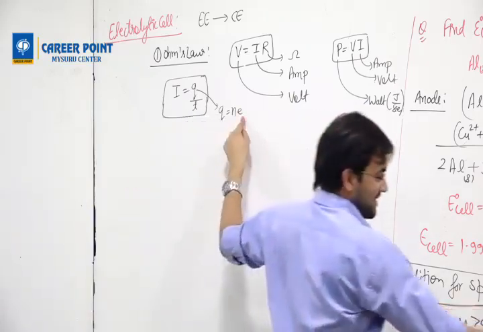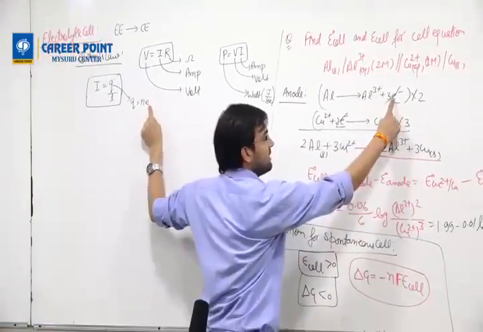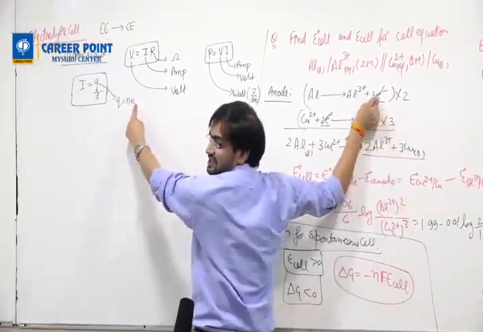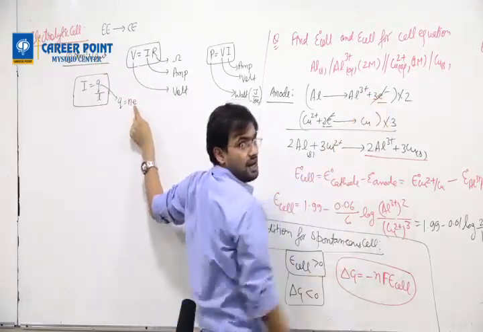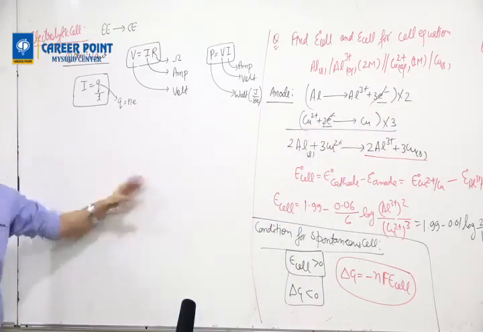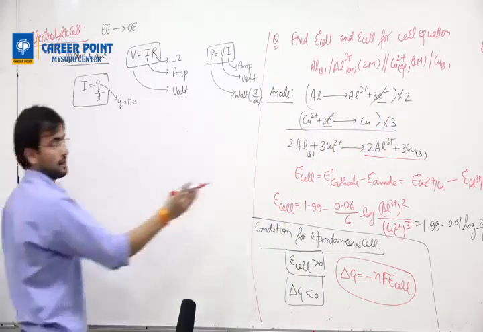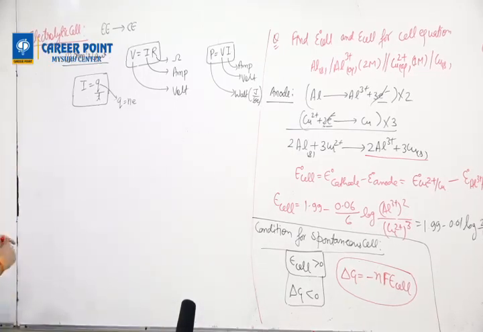There is E here, then there is an E here. So you understand how current is related. If you want to flow current, you should flow some electrons, and that many electrons are here also. Okay, now come back here. Now done Ohm's law.